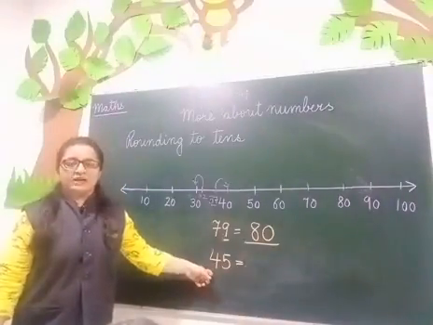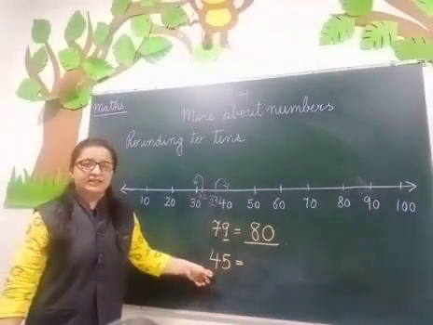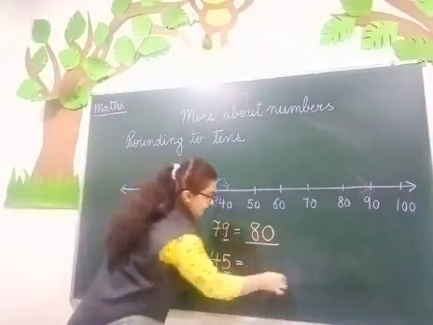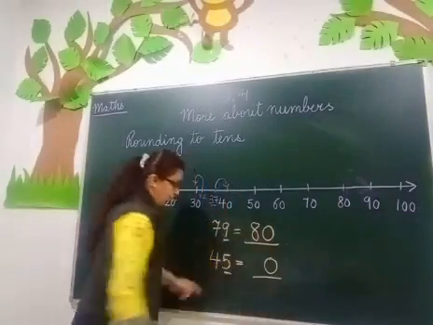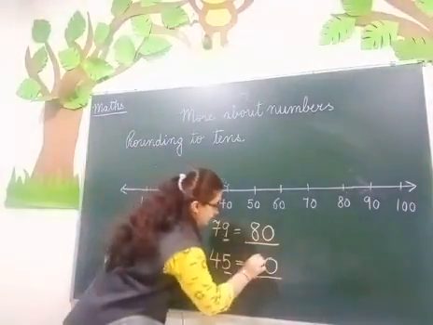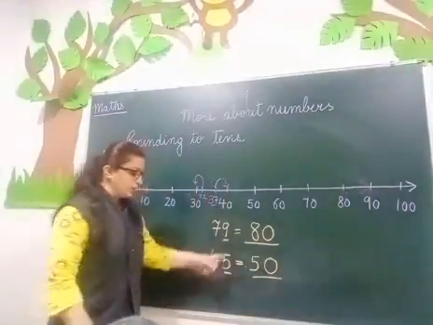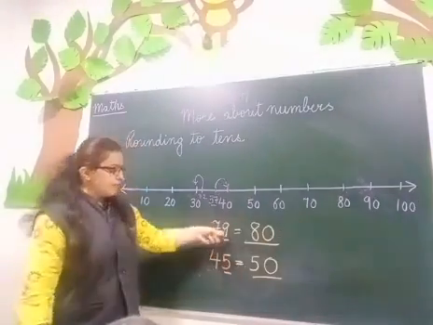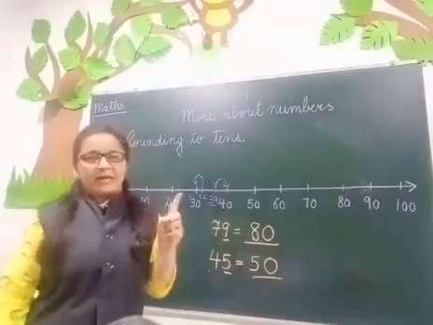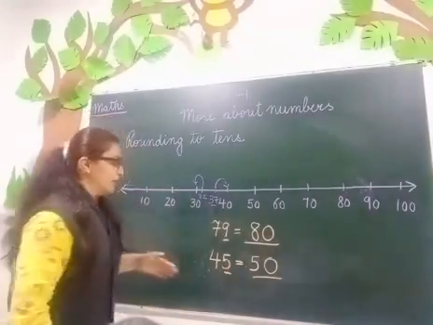Now 45. How will you round it off to the nearest 10? You will see the digit at the ones place. 5 is there. So you will write 0 and you will add 1 to 4. So it becomes 5. अगर 5 होगा या 5 से ज़्यादा होगा तो tens वाली digit पे आपको 1 add करना है. But if it is